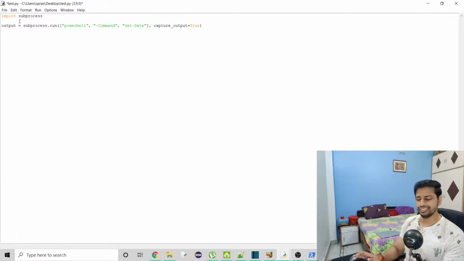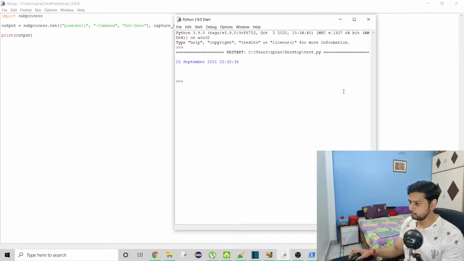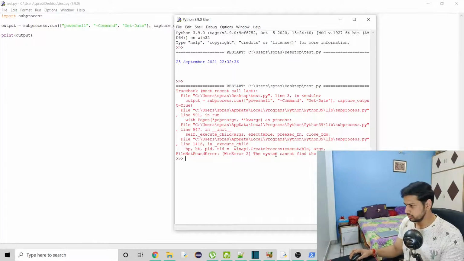I hope this is clear, because this is going to be the most important part in this video. Now we can try to print this output to see what we are getting. So right now I'm getting an error.